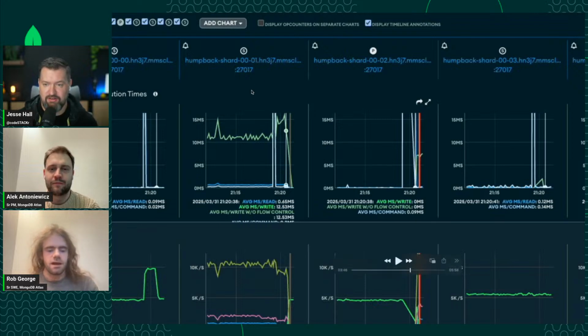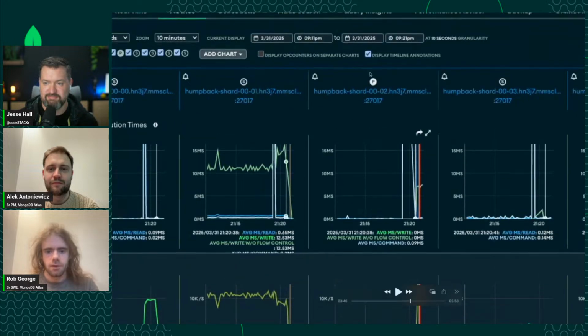Yeah, definitely. The overall picture is going to be pretty similar. I don't have the full timeline here in the video, but you can imagine that instead of this node here getting upscaled and becoming primary, we'd have this node get upscaled, this node get upscaled, and then the original primary would get upscaled.